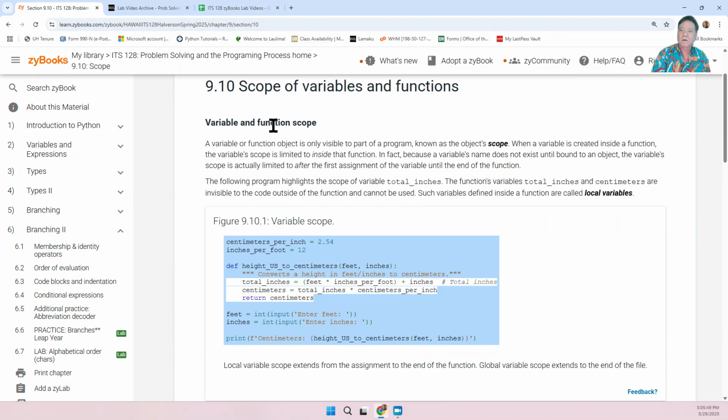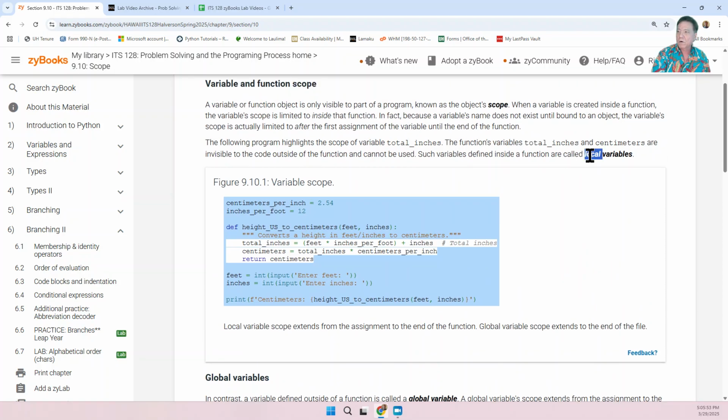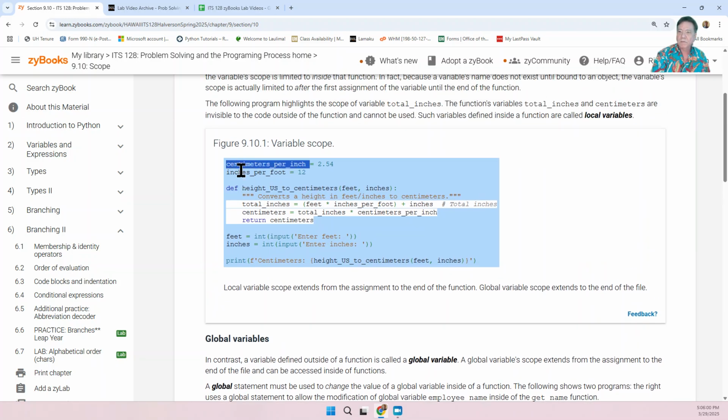So there's this concept called scope, and there are local variables and global variables. Somewhere it says global variables. So variables outside here are global,